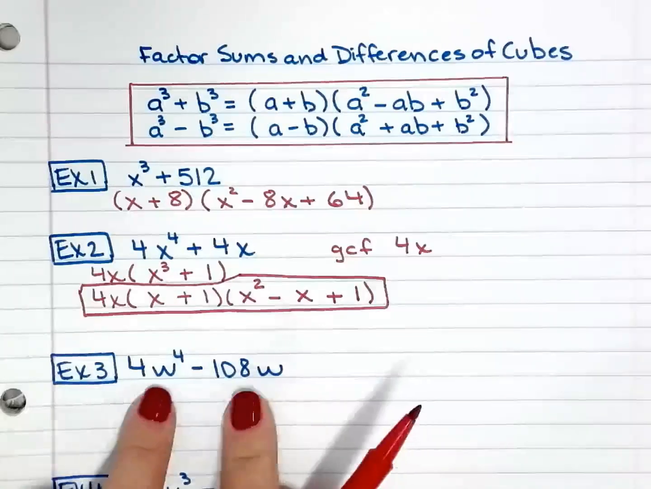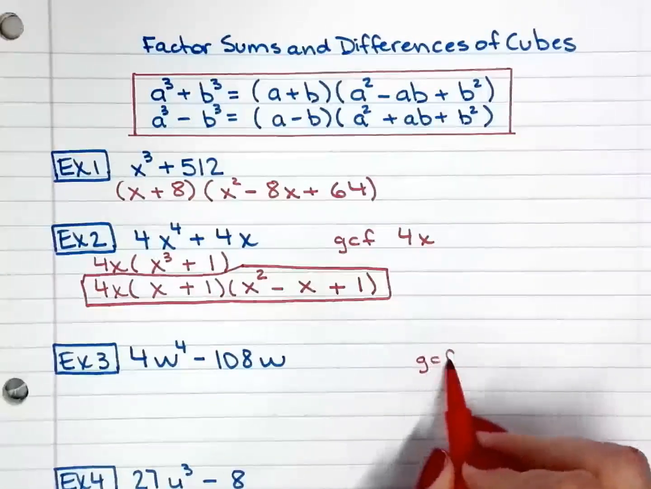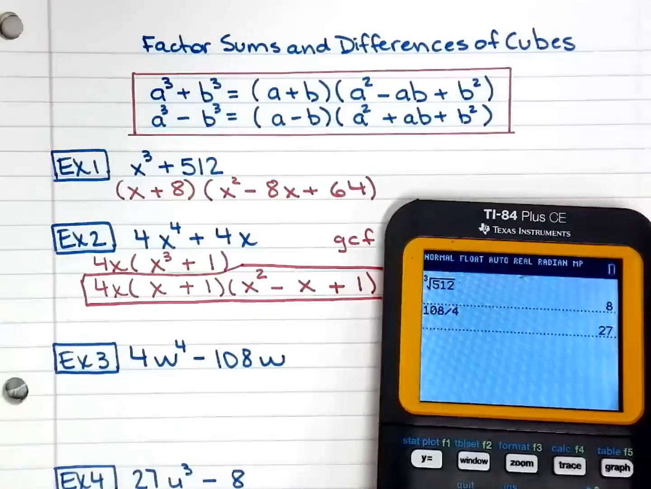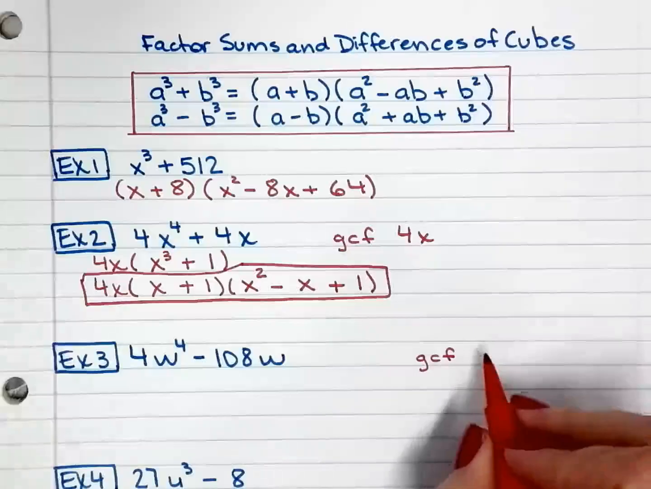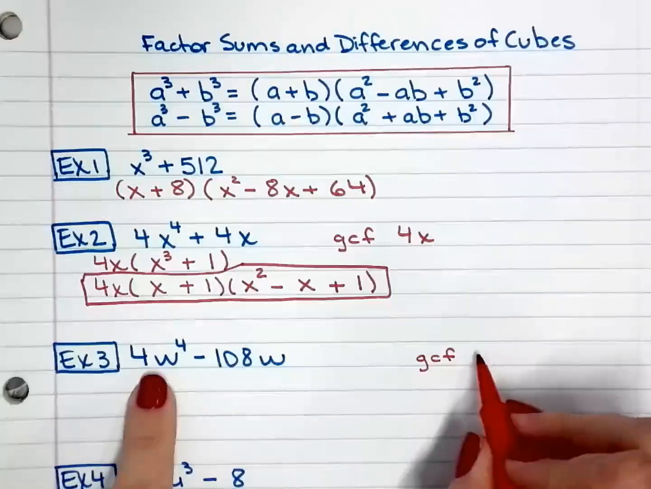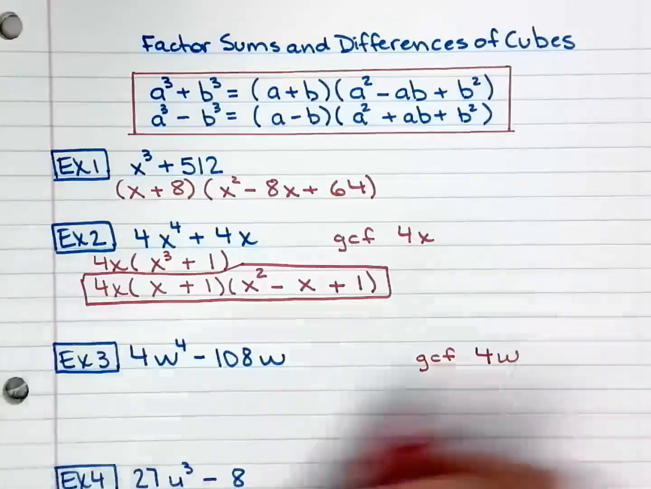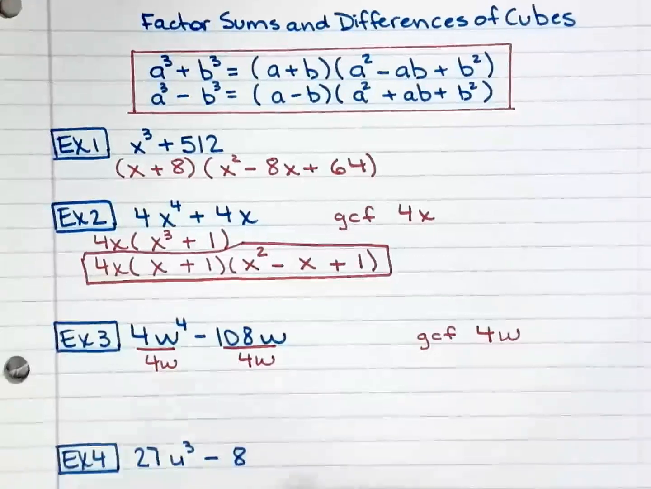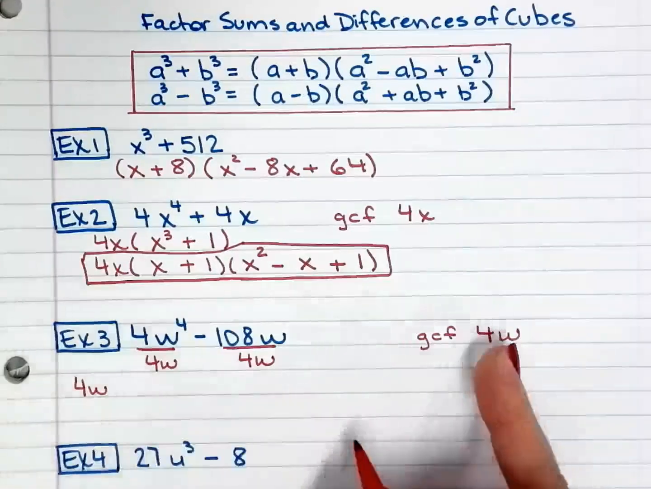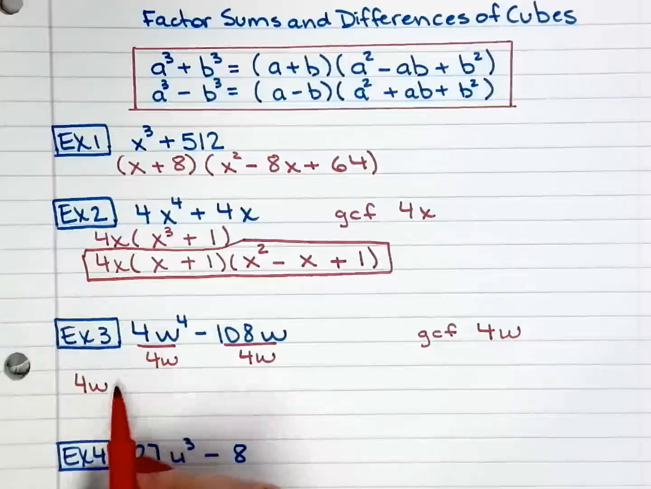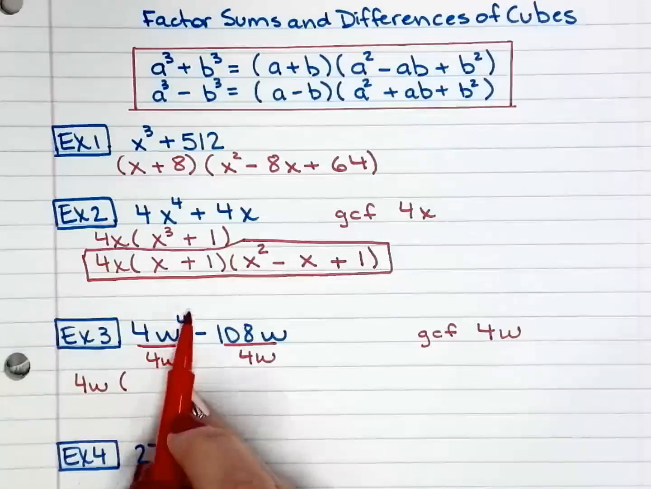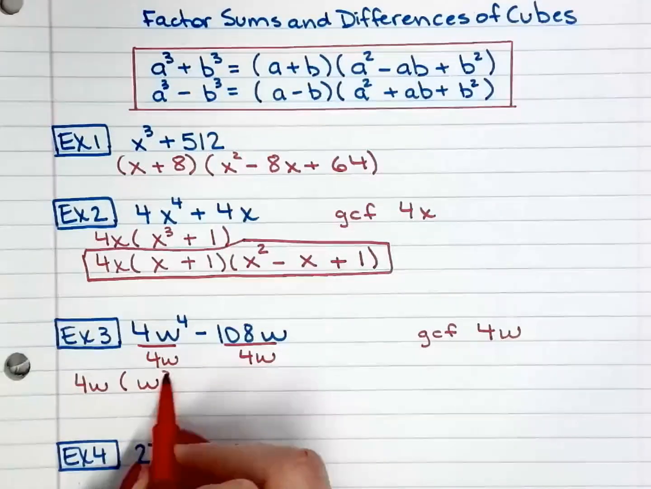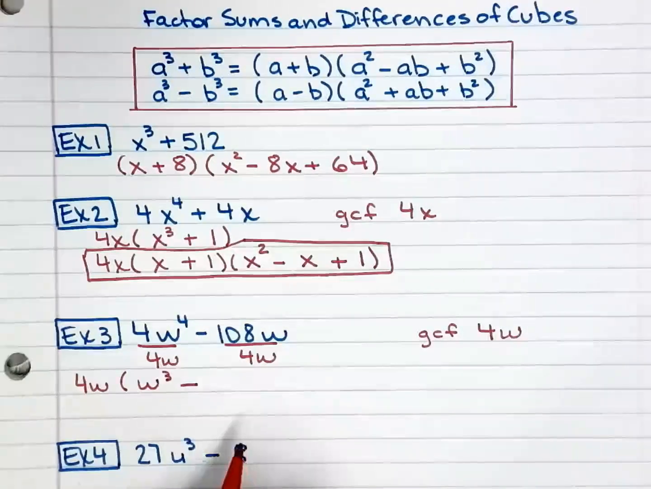All right. Now, GCF right here. Can I divide 108 by 4? Let's see. Ta-da! Yes, I can. So the GCF for number 3 will be 4w. So we're going to divide both terms by 4w. Like you know, GCF doesn't disappear, it goes right there in the front. So 4w. 4w to the fourth power divided by 4w is w cubed, minus 108 divided by 4,